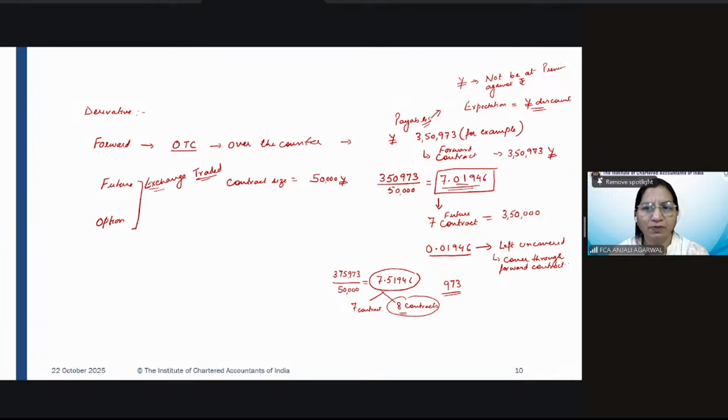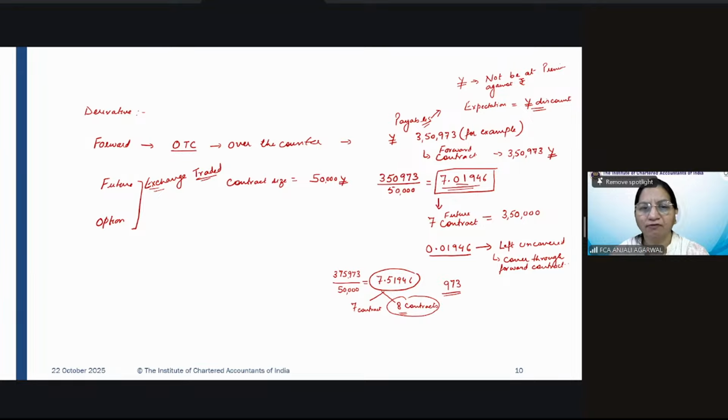Only then will you be able to cover your exposure 100%. But if the total payables or receivables is anywhere in between these multiples, then you will not be able to cover yourself